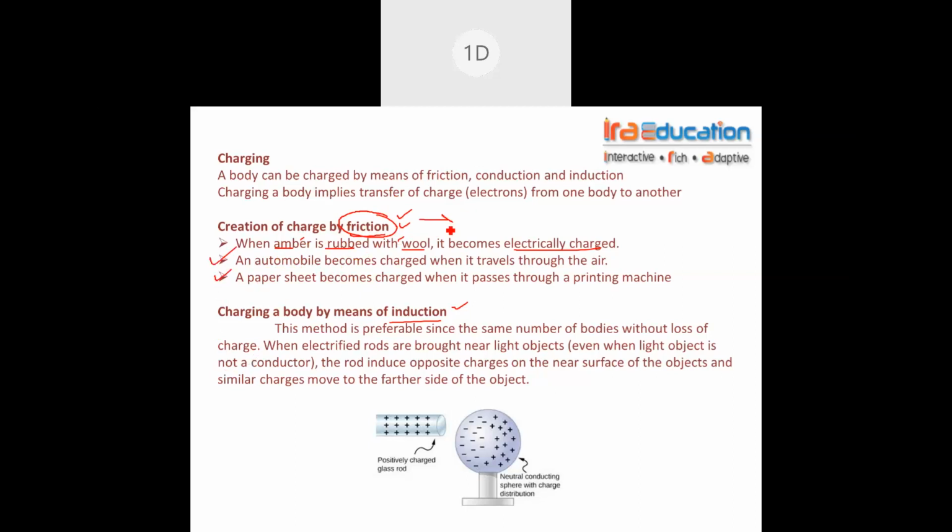And I have told you that there is an electroscope and there is a triboelectric series, both of which can tell. Actually, an electroscope can't tell whether it's positive or negative, but the triboelectric series can tell which body becomes positively charged and which body is negative. Electroscope can just tell whether this is a charged body or not. Just write this also. Electroscope only judges or detects charge.